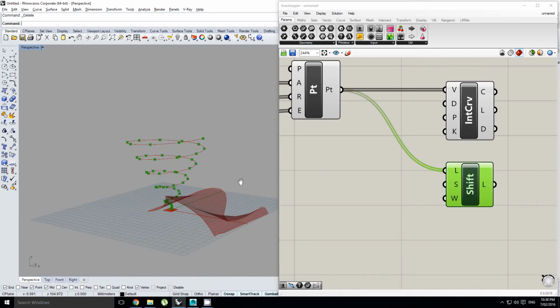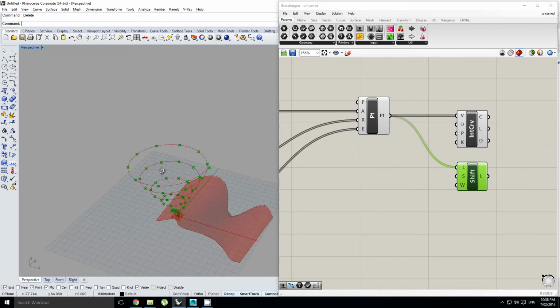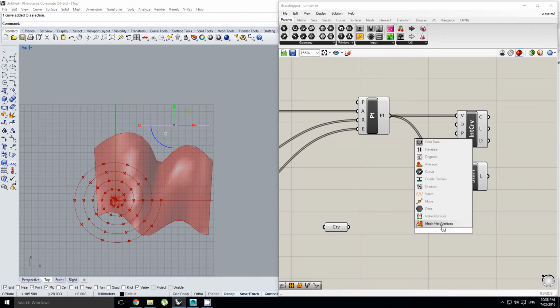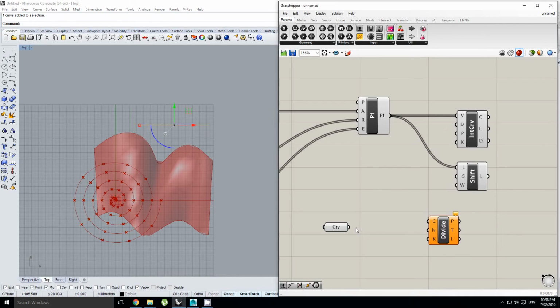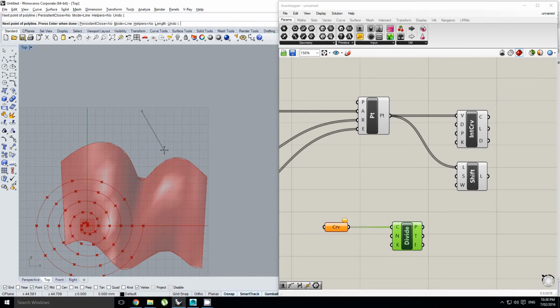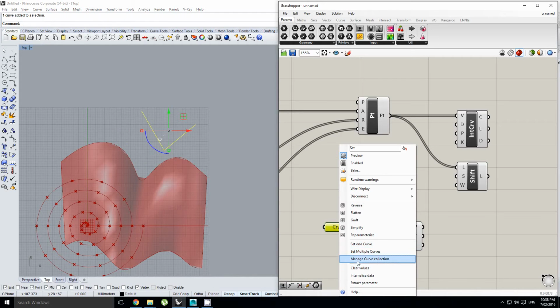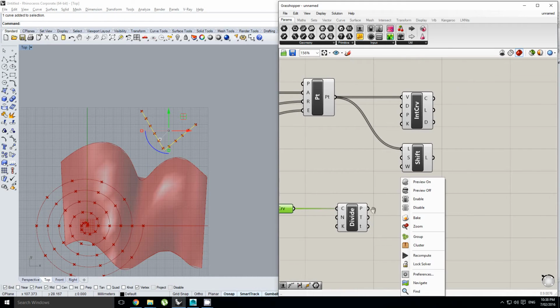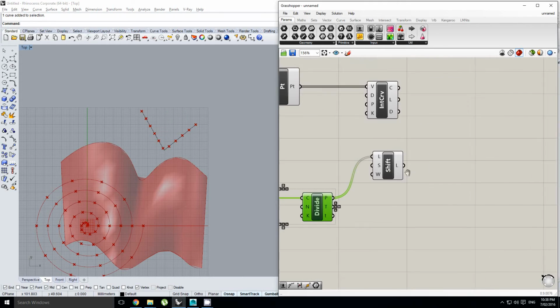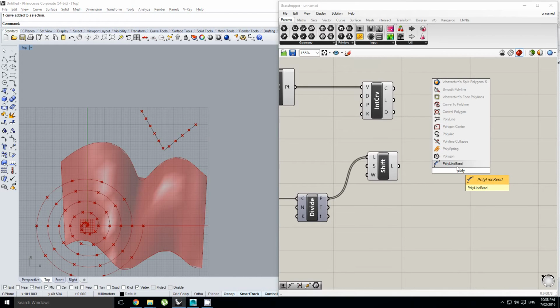And what shift list allows you to do is, how can I demonstrate this? Let's just create a curve over here and bring that in, and then we'll divide that curve. Actually, I won't do it with this curve, I'll make it a bit different. Okay, there we go. So now if I were to shift the points in this list, and then I were to redraw the polyline,